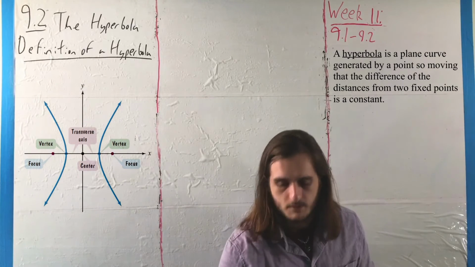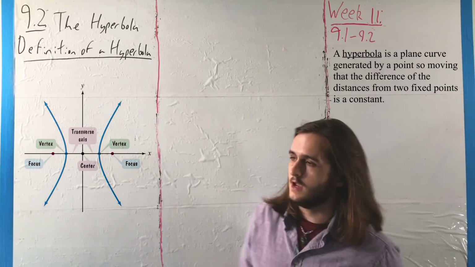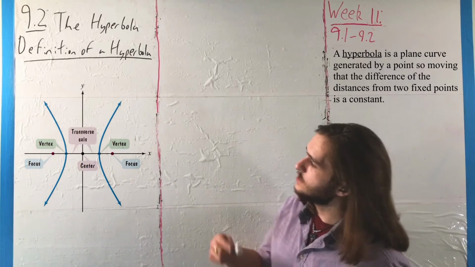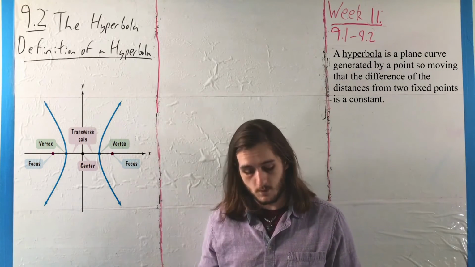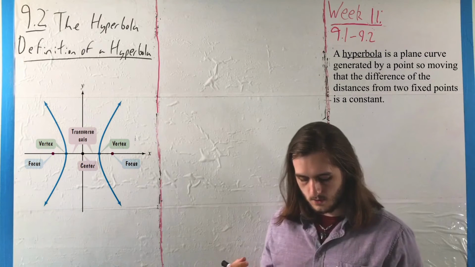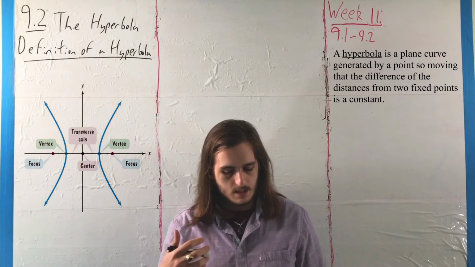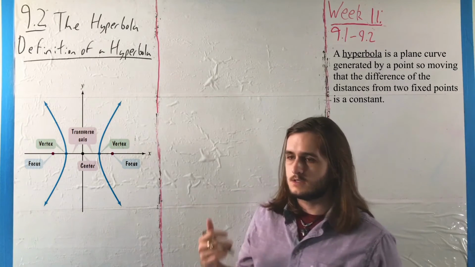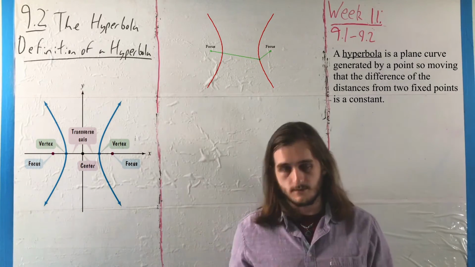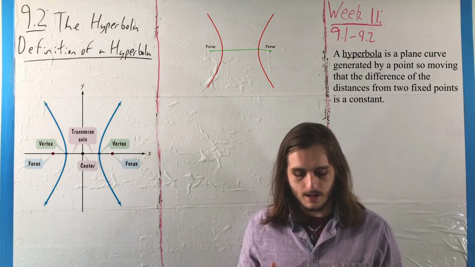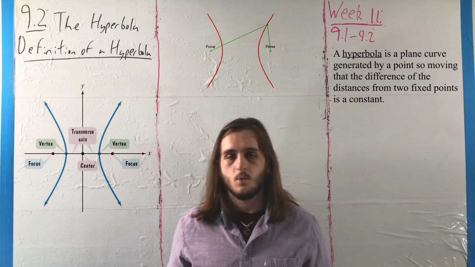But more specifically, if you want the textbook definition of a hyperbola, what we're looking at is the shape in the plane generated by looking at two fixed points that we call the foci, as before. But here, instead of talking about the sum of distances, we want the difference of distances to be a constant value, where